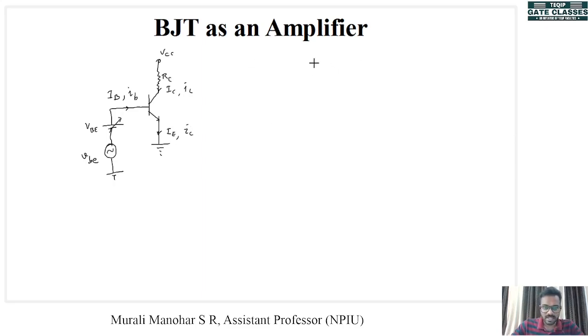Okay. So the standard is like this. If both the notation and the subscripts are capital, that means it is a pure DC signal. If both are small letters, then that is a pure AC signal. And if the notation is small and subscript is capital, that means it is the DC plus AC value. Okay. So in this case, we can write IE as some saturation current IS into e to the power VBE by eta VT.